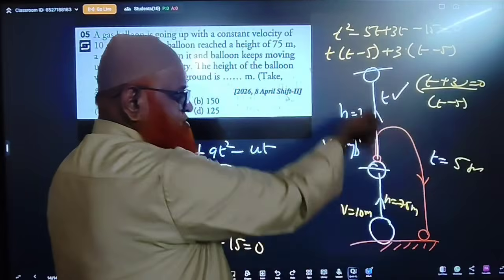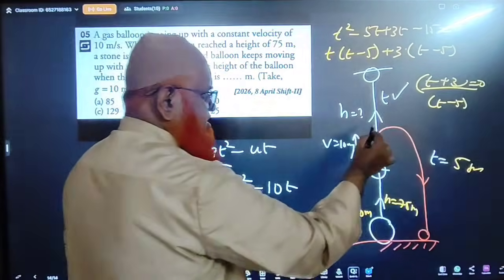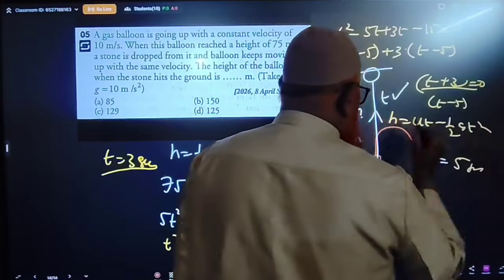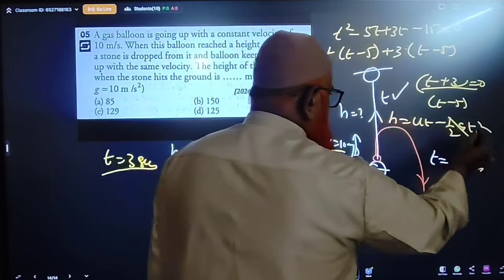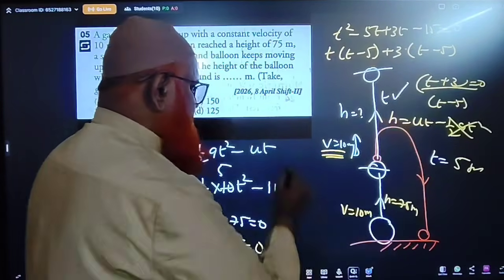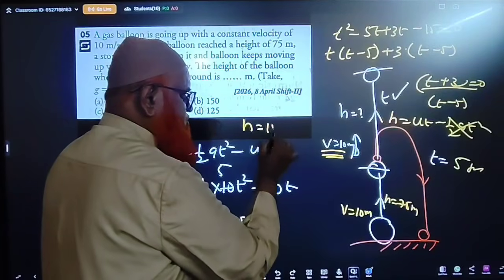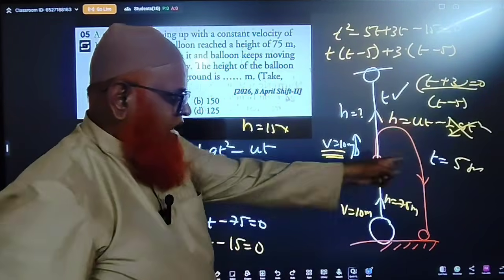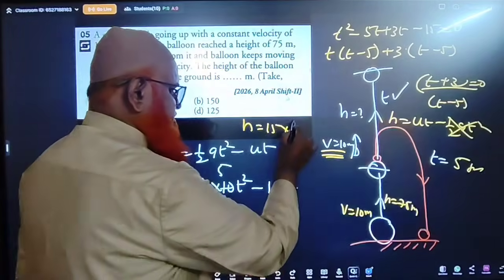At the same time the balloon is going upwards. So here we write h is equal to ut minus half gt square. But here velocity is going to be constant, so there is no acceleration. So how much height is it going to travel? H is equal to 15. So this time is taken by the stone to reach. In the same time the balloon went up for 5 seconds. So 15 5s are